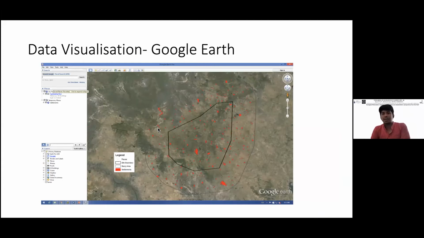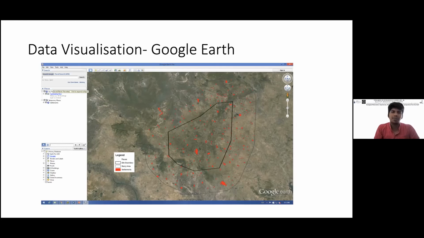Apart from QGIS, for people who are not so well versed with using GIS software, I think Google Earth is an extremely powerful tool, and this madness of mapping and looking at old satellite images started with Google Earth when they started adding these old images to Google Earth. Here, this is an example of how the same maps that we are seeing on a proper GIS system can be again visualized.